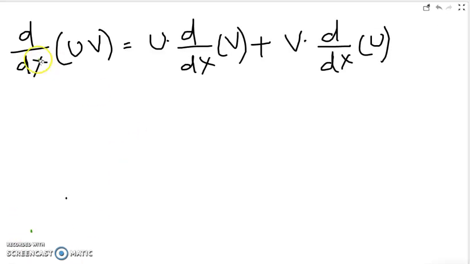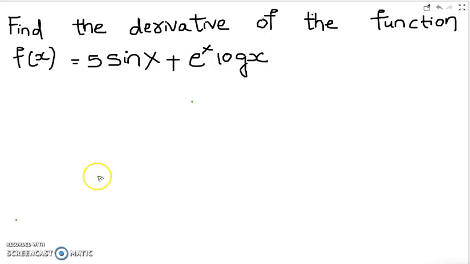The formula is d by dx of uv, where u is one function and v is the other. Differentiating the product, u is written with d by dx of v, plus v into d by dx of u. What it means is: for one function the derivative should be taken and for the other not, and in the same way for the other function and not for the first one, as we have seen in the basic formulas yesterday. So this is the question.